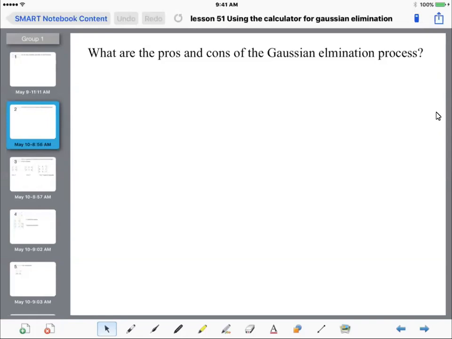So far, the cons seem to outweigh the pros. It gives us the right answer, and that's good. But so did the other ways, and it's really long, and it's really cumbersome, and it's hard. Tedious is the word I was looking for. It's a tedious process. Okay, well, I will tell you that